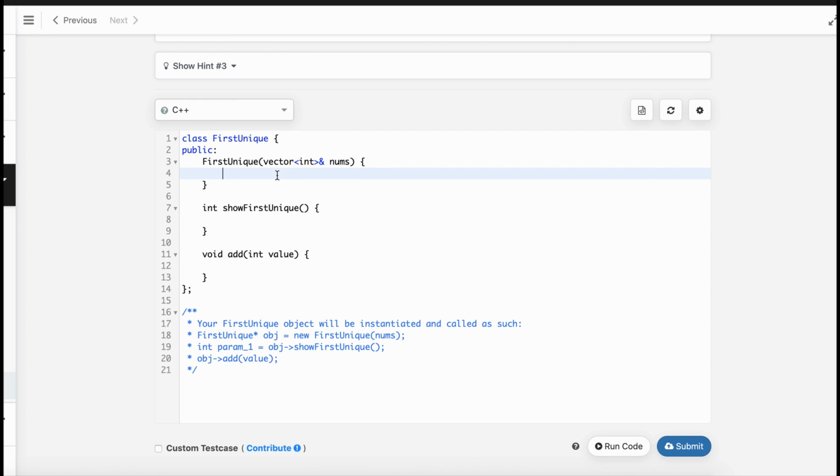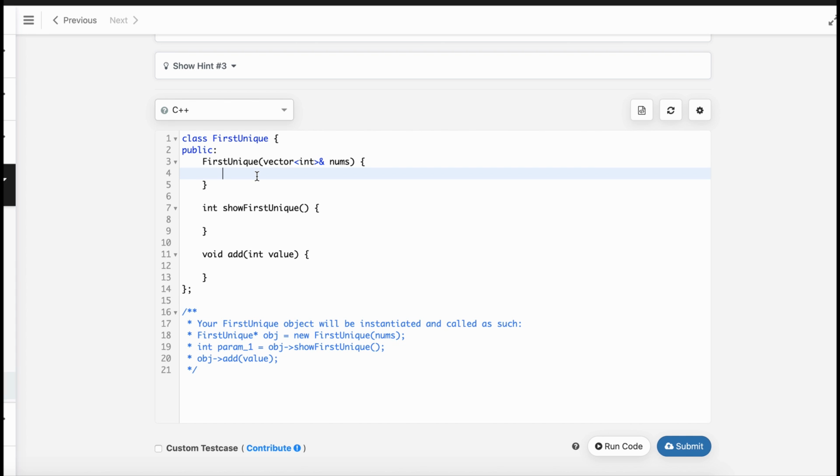Then what I'm thinking is that in FirstUnique, I will put everything in a lookup table, a hash map, every number along with its frequency, and in the constructor itself, I will maintain that hash map, and also I will find the index of the